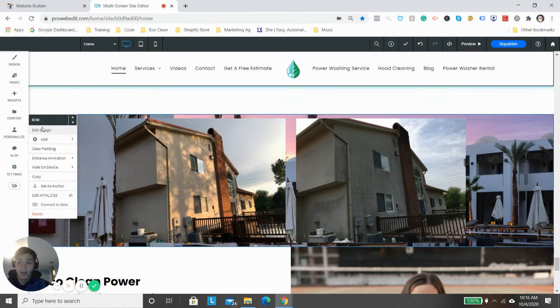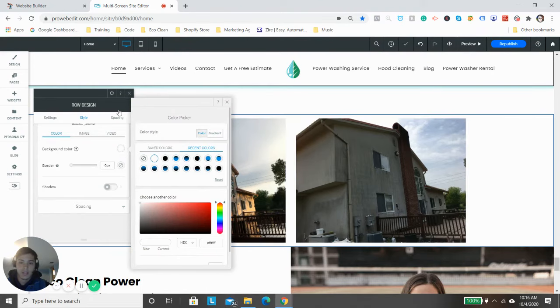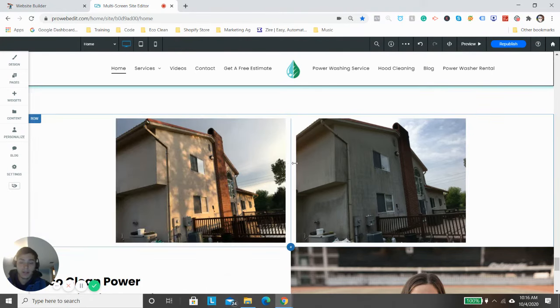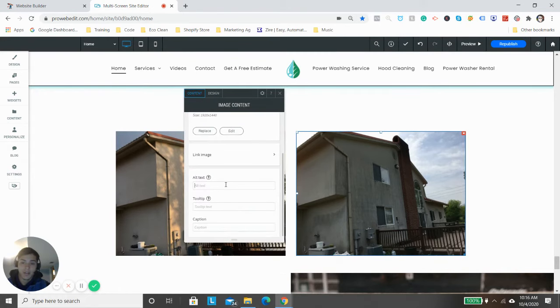Now here, I just want to put this behind. We'll just go with a white background to start, but then I'll probably end up changing it to something that will kind of look a little bit better. Make that a little bit bigger there. Space that out. And just like we did to the other image, you go down to the alt text,